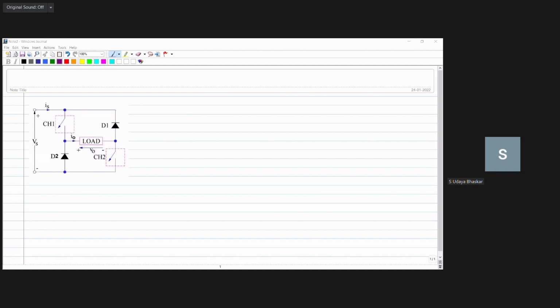The meaning of this is, when the switch closes at that time, then you see here, what will happen here? Inductor L is in open, because